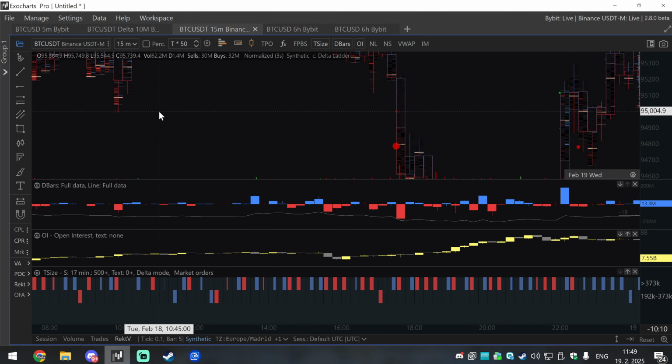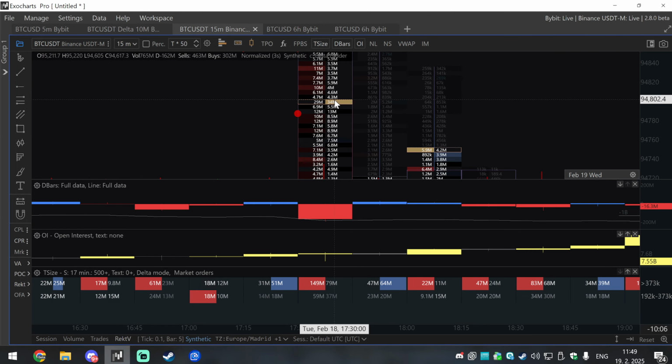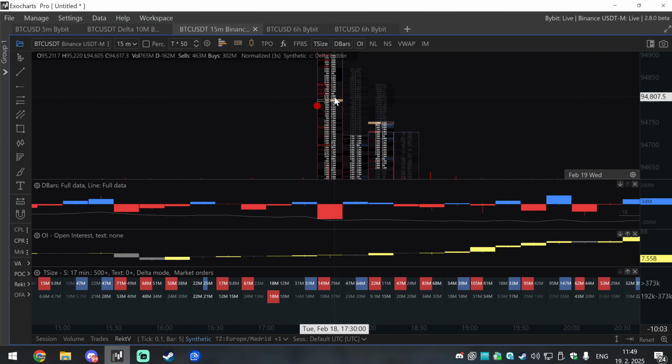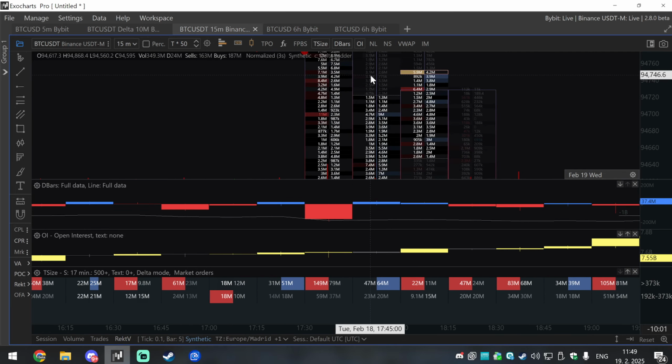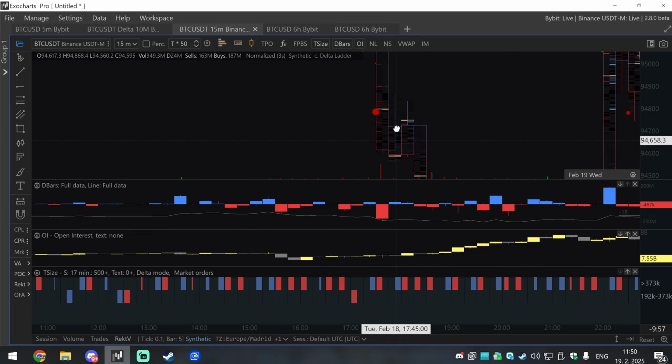We are, by the way, pretty much $200 from the low, and you are absorbing people. Yeah, so look at that, 34 million. Very hard for the market to push. It just trapped these people. More absorptions again on this candle.